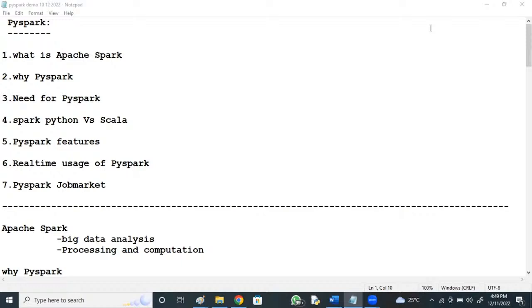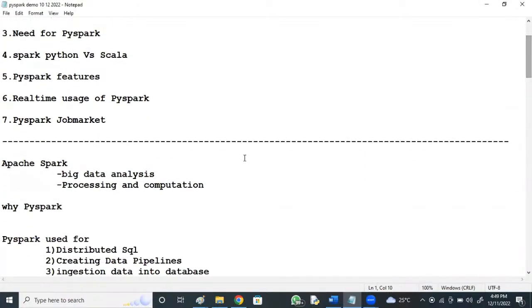In yesterday's session, I was briefing you about what is PySpark, why PySpark. So what is Apache Spark? It is for big data analysis, for processing and computation, right? If you see more on this,